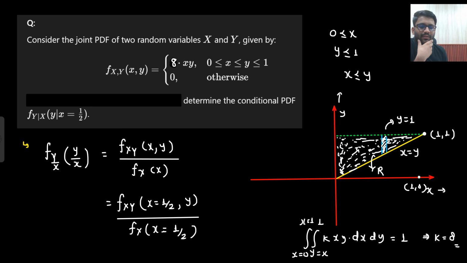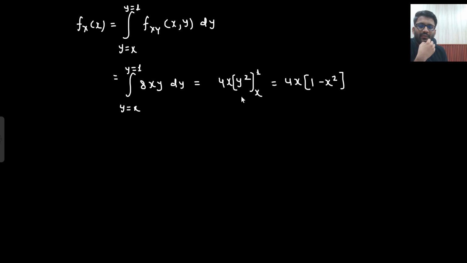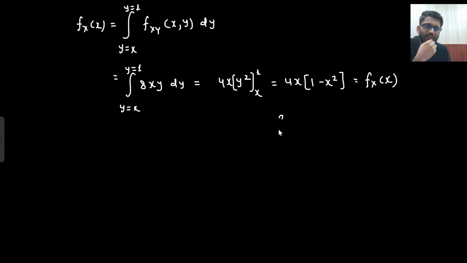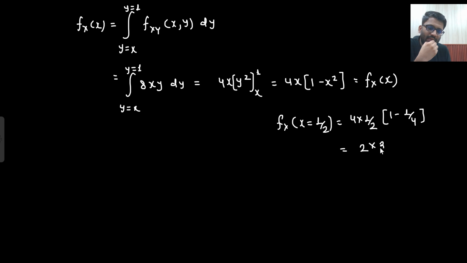Yes, y goes from x to 1, and then y square by 2, 4x times y square by 2, from x to 1, gives 1 minus x square. So this is my f_X of x. This I need to calculate at x equals 1 by 2. So f_X of x at 1 by 2 is 4 into 1 by 2 into 1 minus 1 by 4, so that would be 2 into 3 by 4,